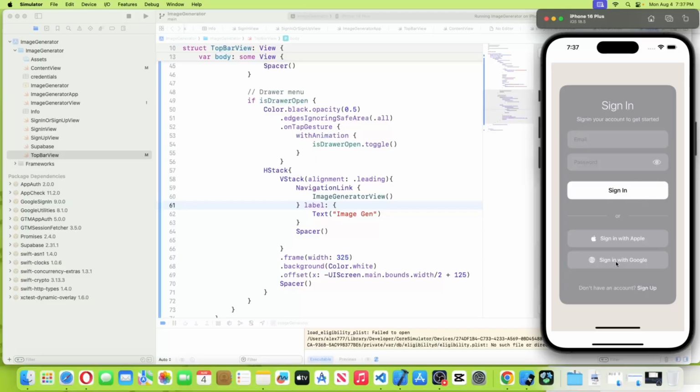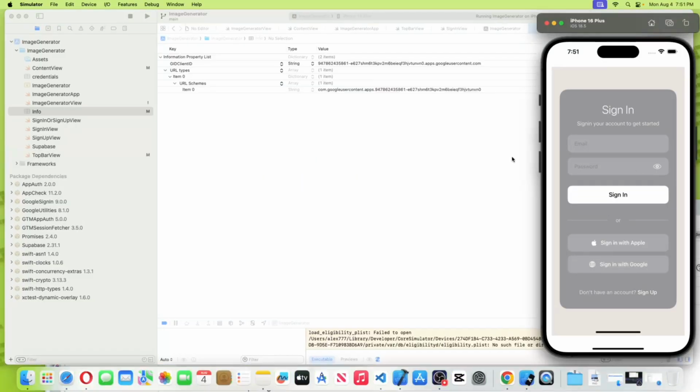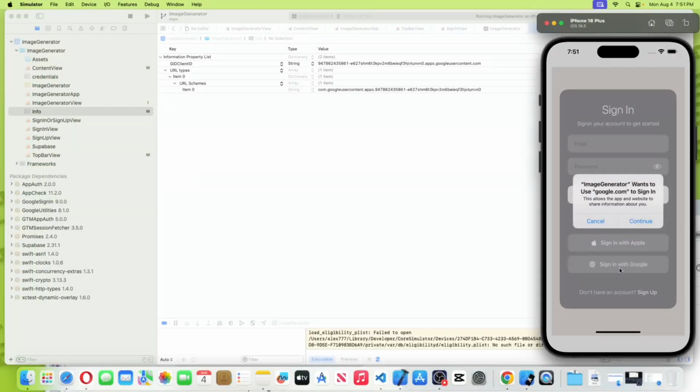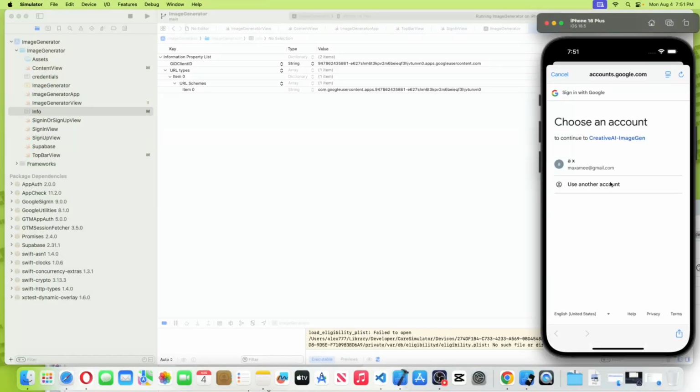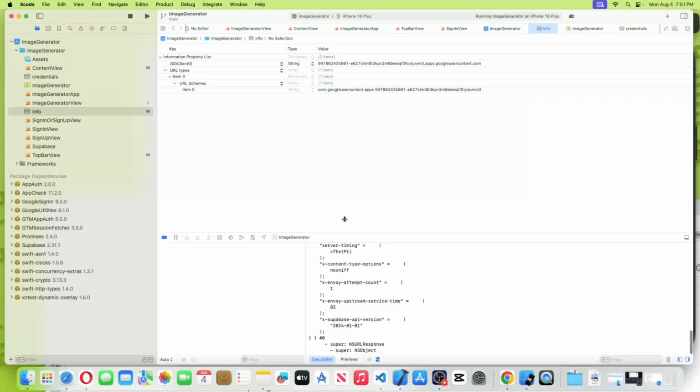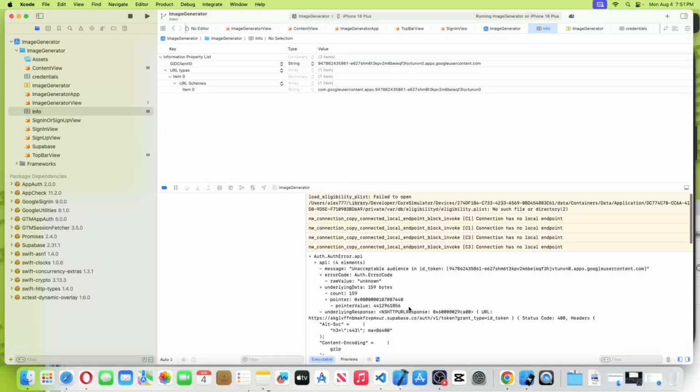We can test our sign in with Google. Sign in with Google. Continue. Click on your account. Continue. Okay, so you can see we have a message, unaccessible audience in ID token, and we can copy this and